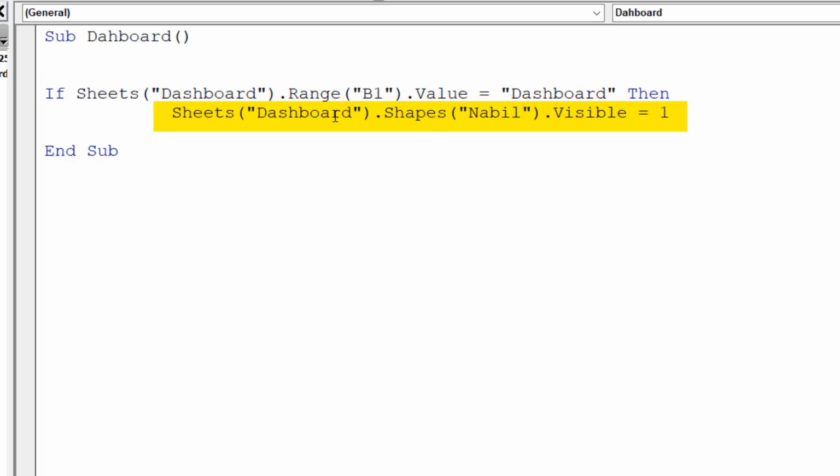Well, I want the group named Nabil to be visible. Sheets dashboard in double quoting brackets dot shapes Nabil in double quoting brackets dot visible equal 1. Then all the visualizations will be visible and will cover the pivot tables. Otherwise, what do you like to do? We have three options. We have source, we have analysis, and we have dashboard. Then I write else if